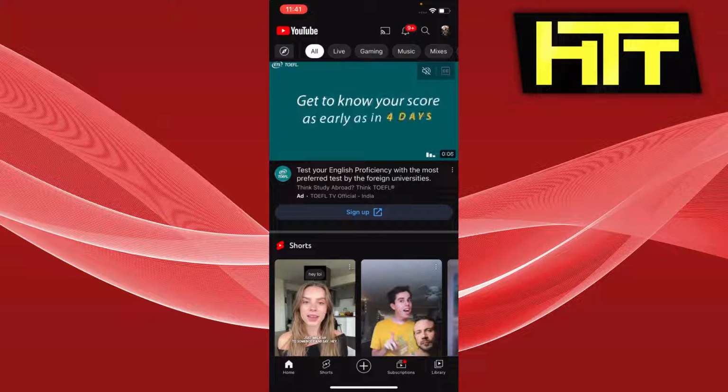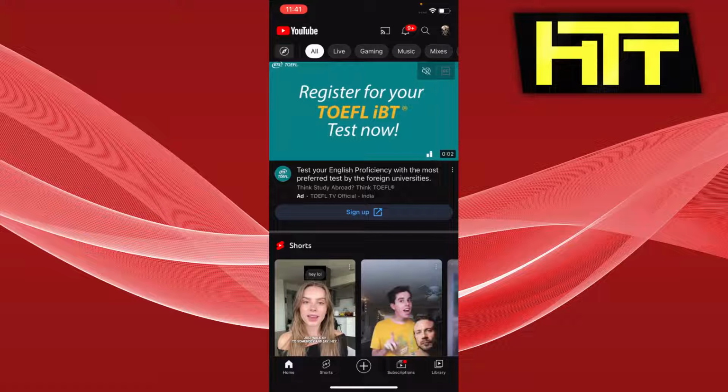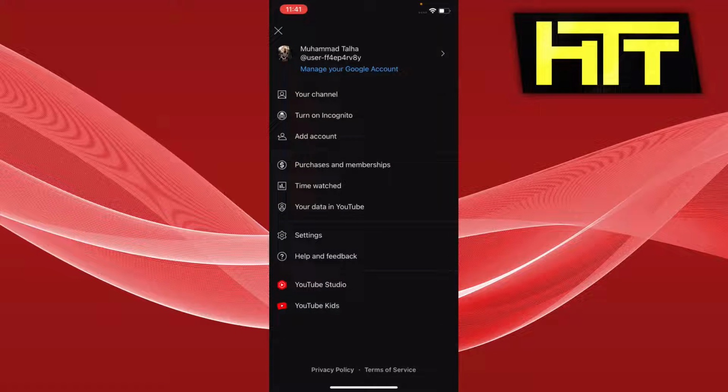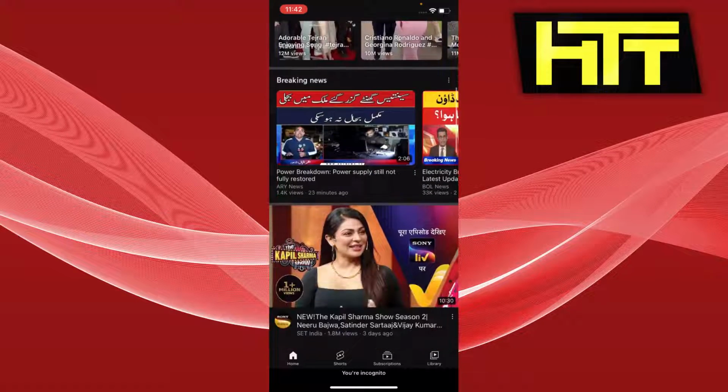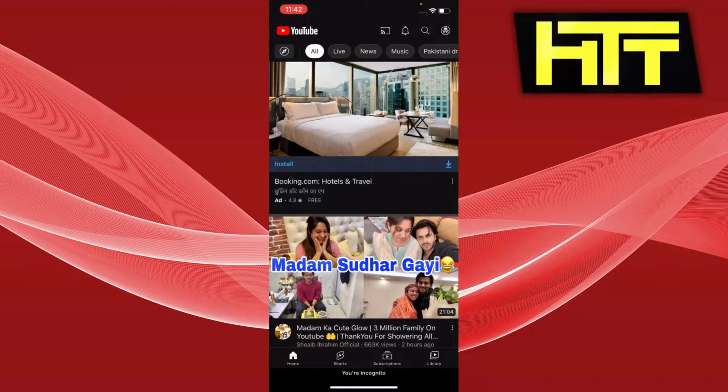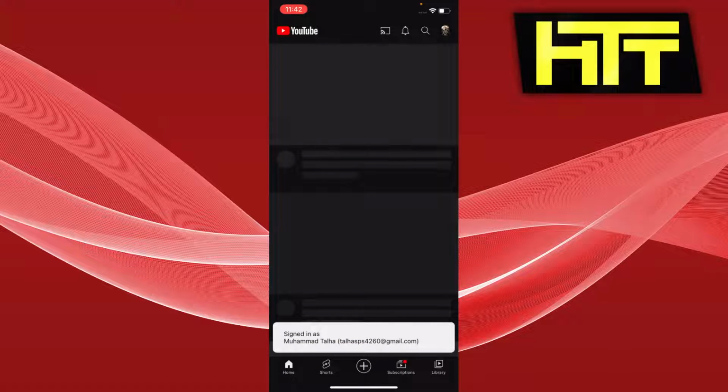So the first easy way to just do what you would want to do with your account logged out is that you don't want your account to be remembering anything, or you want the default recommendations based on where you live. You can just turn on incognito and you will get all those things that are usually recommended given where you're living right now. So I'm going to turn this off, but if you really want to sign out, the